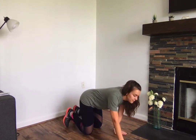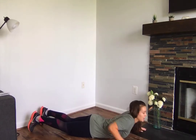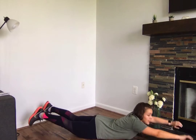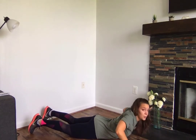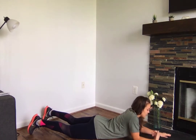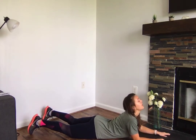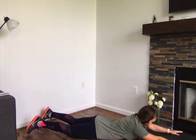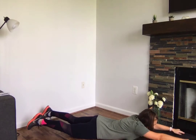So we're going to lay on our belly. I'm going to make sure that I'm in the picture for this. You're going to lay on your belly, your arms, your legs, relax on the floor, and then you're going to lift your arms, lift your legs, and then come down. Now, when you lift, don't tilt your head at some odd angle, okay? Keep your eyes on the floor so that that will help keep your head in line with your back, okay? So that you're not tilting your head back trying to look at what someone else is doing in the house or whatever. So, arms out in front, legs behind you, relax on the floor, and we're going to lift,